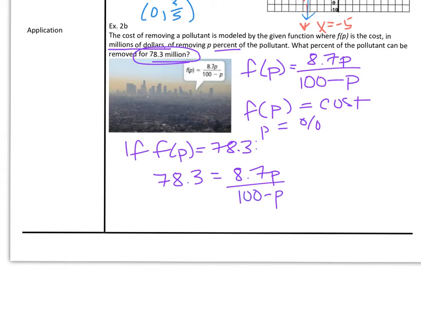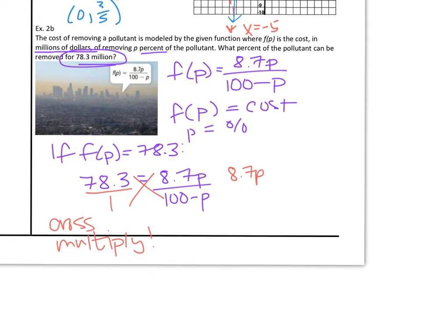What makes this interesting is that we have a variable in the numerator and denominator, so that makes this a rational function. I think the easiest thing is to take the left-hand side and make it a fraction as well, and then cross multiply. If you cross multiply, we get 8.7p times 1, which is just 8.7p. On the other side, we get 78.3 times 100 minus p. Distribute, and we get 8.7p equals